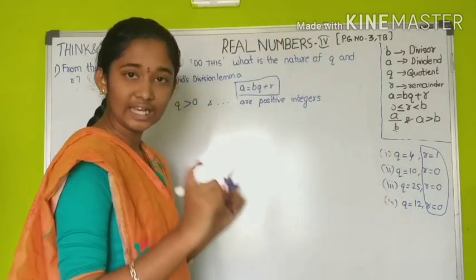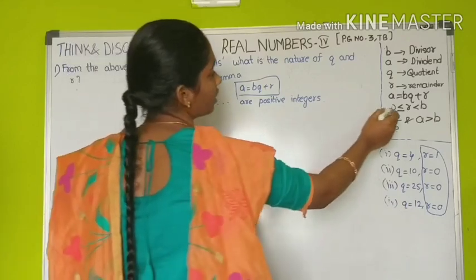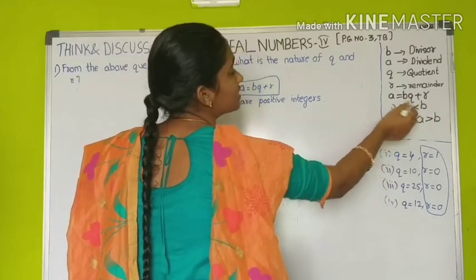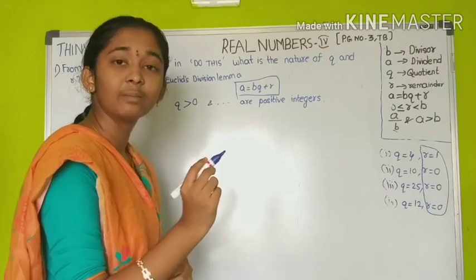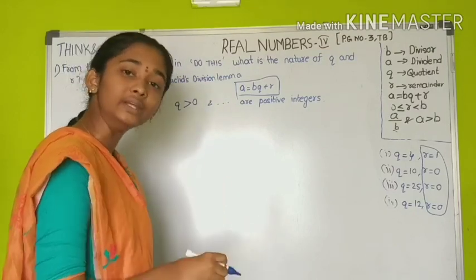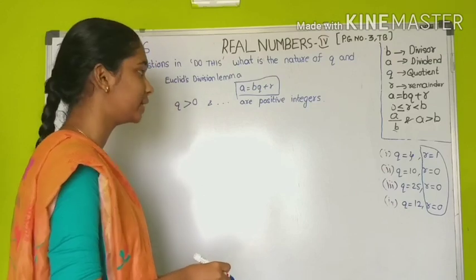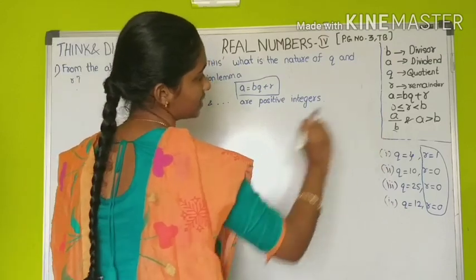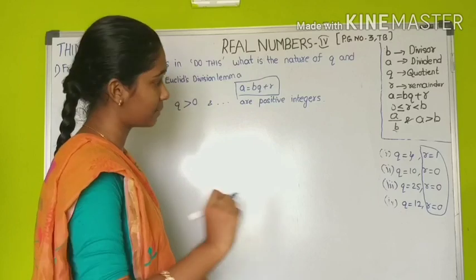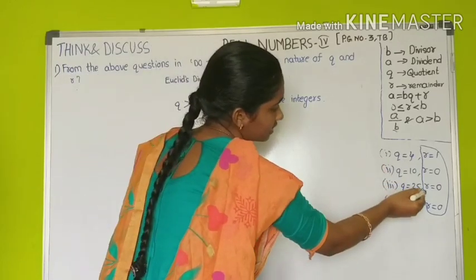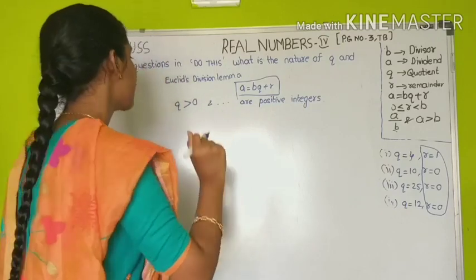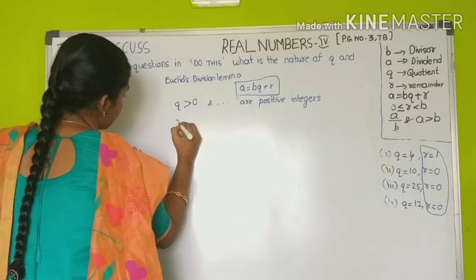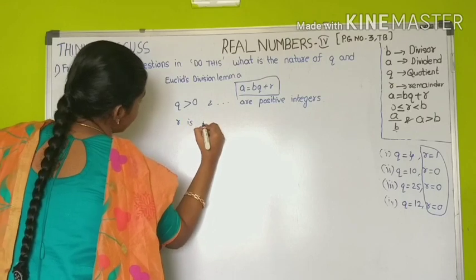And we have a special condition for the remainder: the remainder is always less than B. In all the cases we have seen that the remainder is always less than B. So we write that it satisfies the condition. Remainder is always less than B, and it is always equal to 0 or greater than 0 and is always less than B. So we write the nature of R: